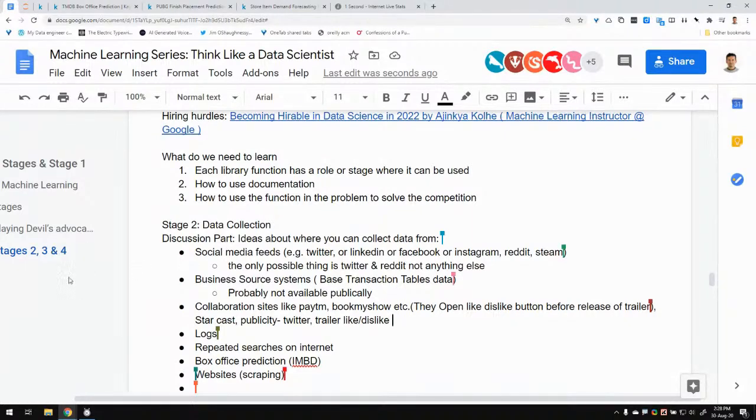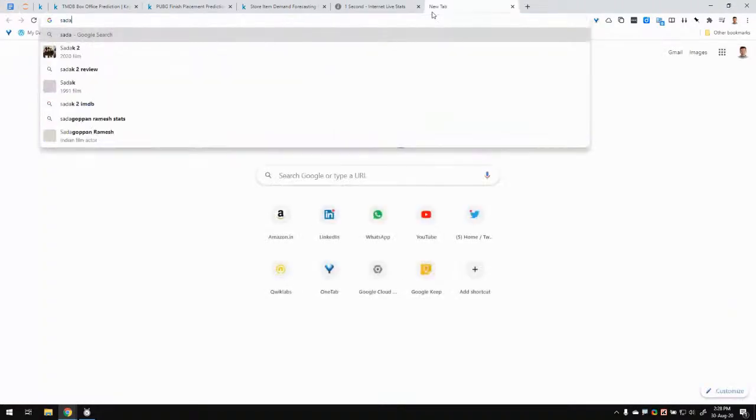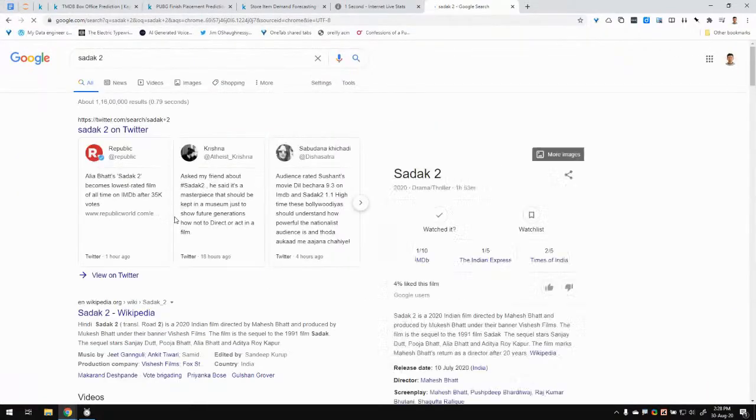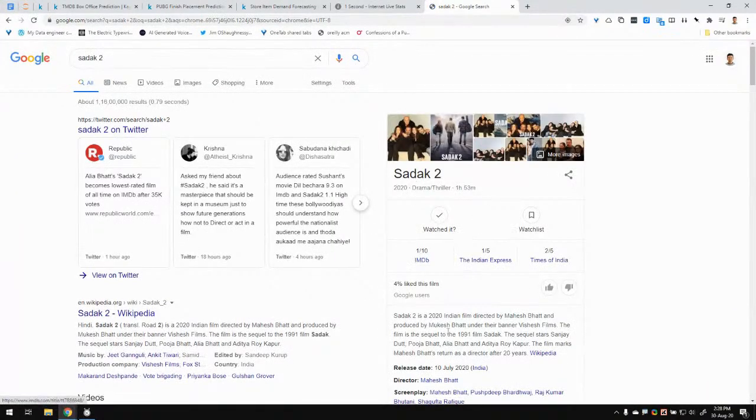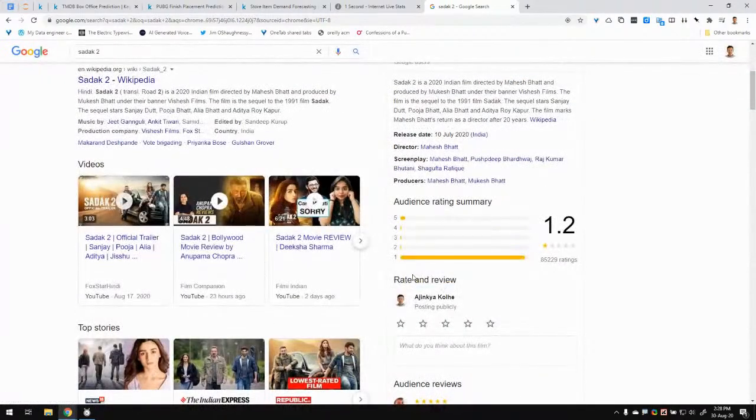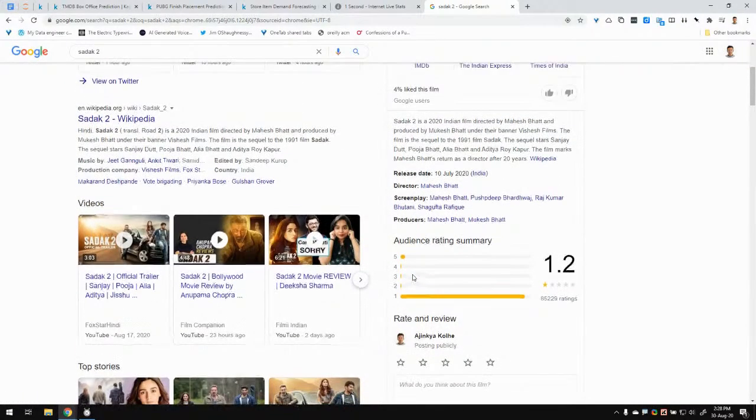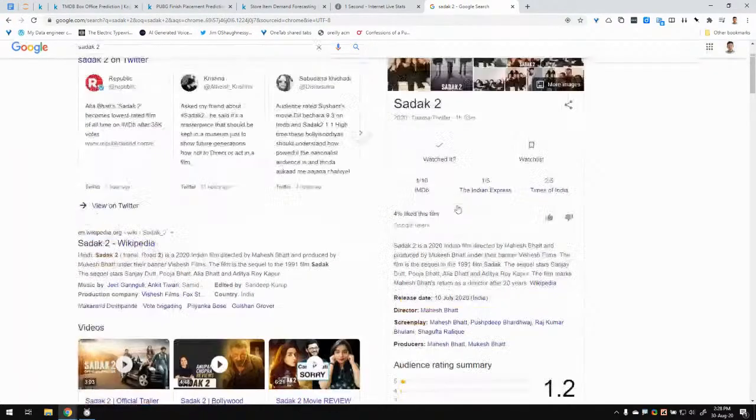I don't know what the Sadak 2 movie is. Let's check. Sadak 2. 4% like this movie. One on IMDb. What is this movie? I mean, that's the lowest rating I have ever seen. Anyways,